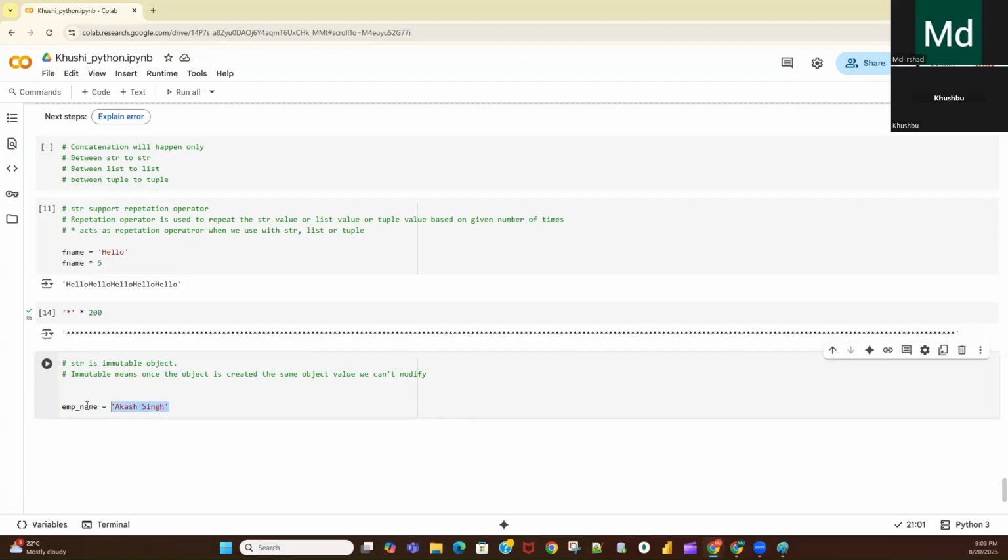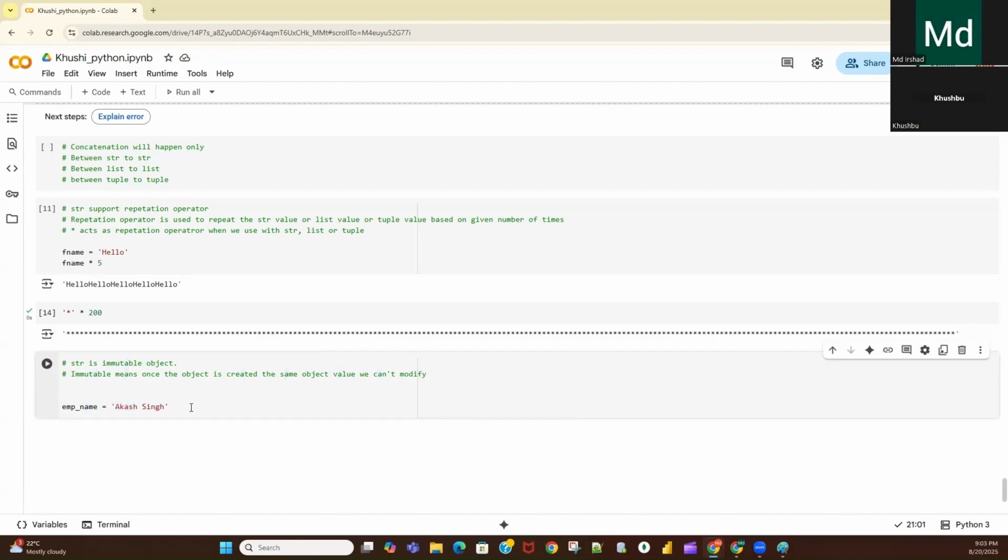Once you define the string data, you cannot change its value. That is called immutable. So immutable means whenever you define any object, the same object value you can't modify.